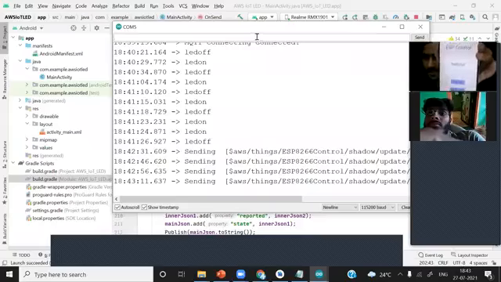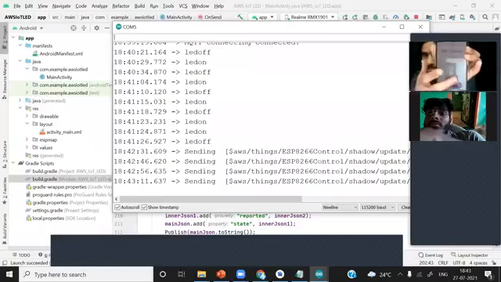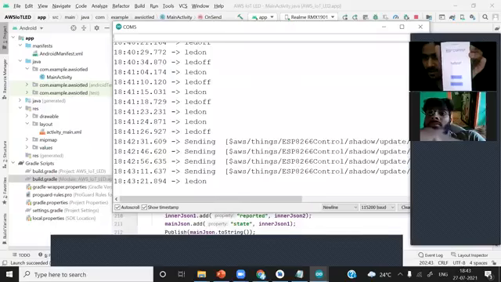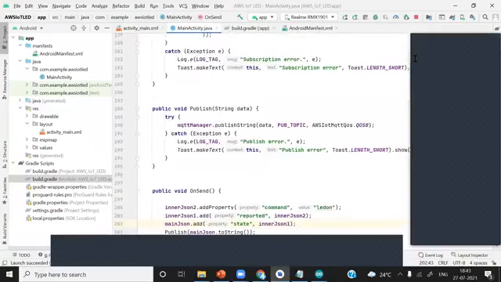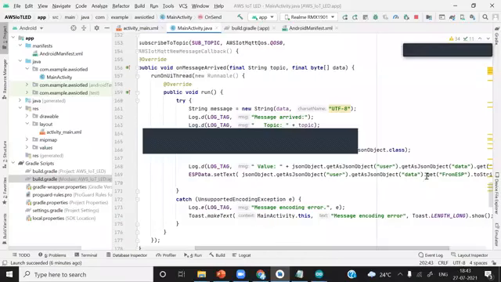Now you can see that this string is not in pure form. It comes with these double quotes and a slash n. So how do we remove this? I'll just quickly show this. Whenever we are receiving, you can see here I have already talked about this function.